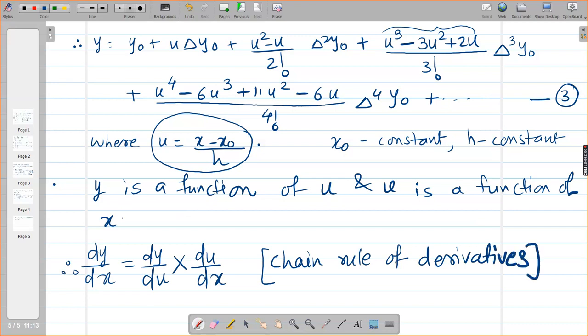Yes, ma'am. Okay. So have you all understood this? Every time while finding the derivative, whether it is the first derivative, second derivative, third derivative, you have to use the same formula. You cannot forget this, dy upon du into du upon dx. Okay? Every time you have to do this. Tell me as you finish, because I am going to erase this part here and we will write the derivative here itself as we have the expression above.